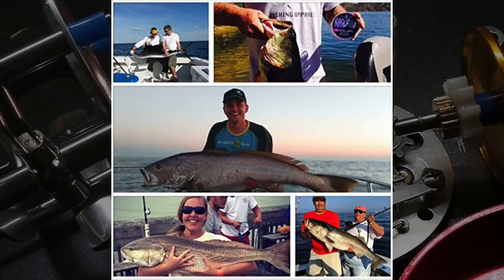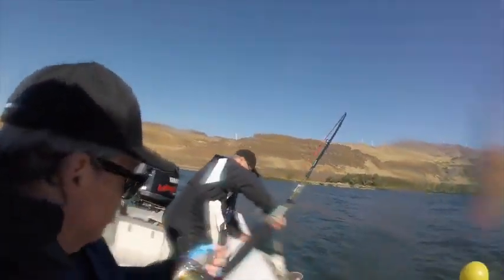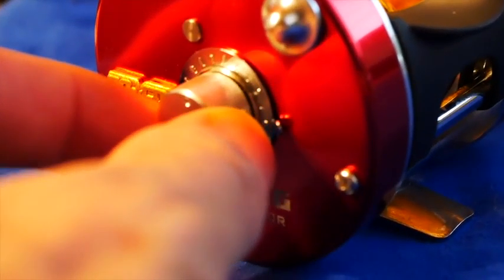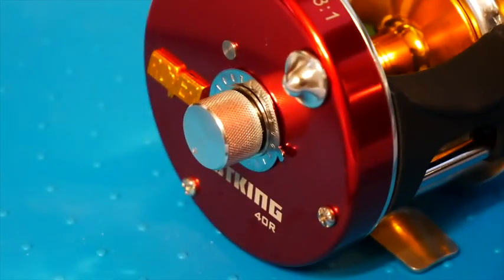When the company started, there was only one product, the Poseidon Superpower braided fishing line. By the following year, we had established the KastKing brand and started producing fishing reels. One of those reels was the KastKing Rover. It has been a perennial bestseller in the USA ever since and is now in use in more than 100